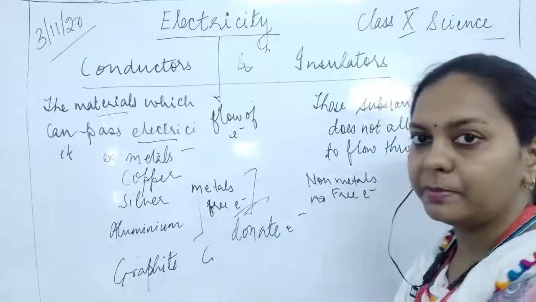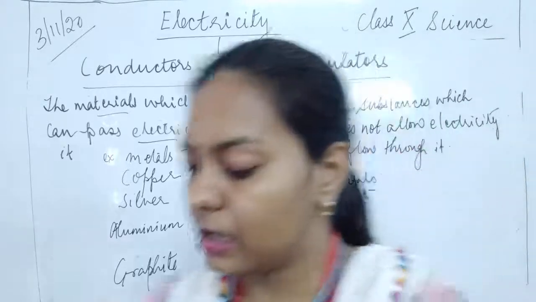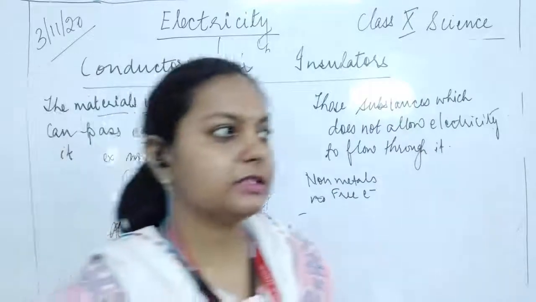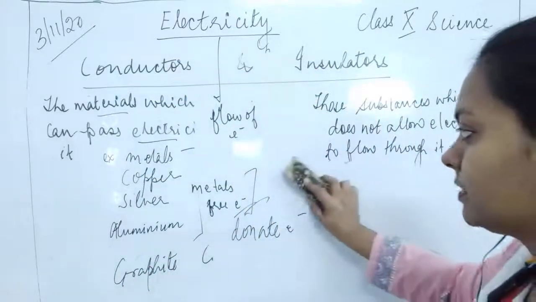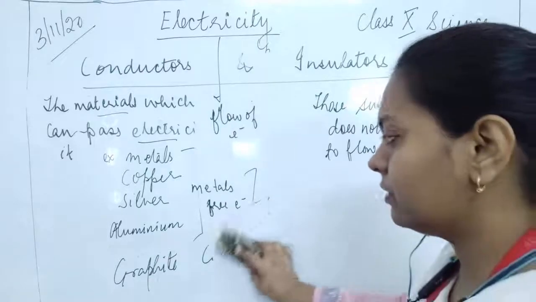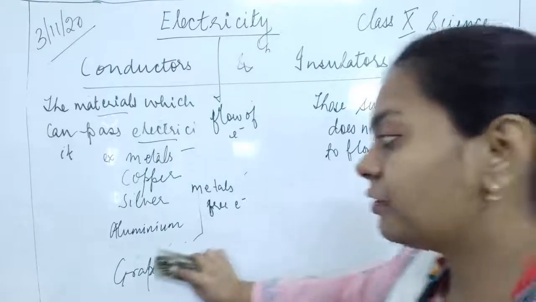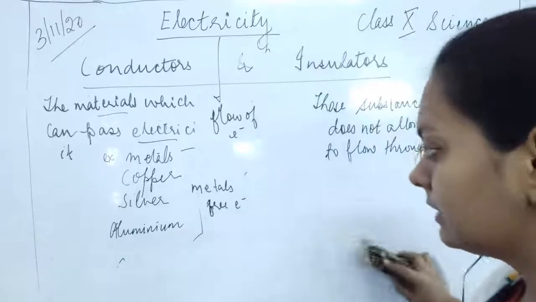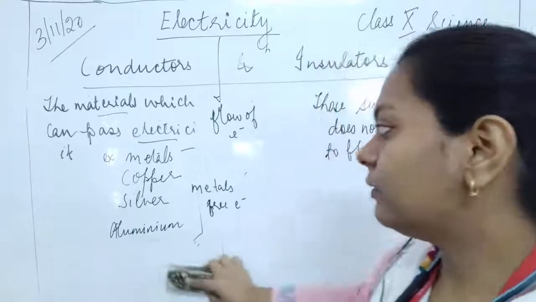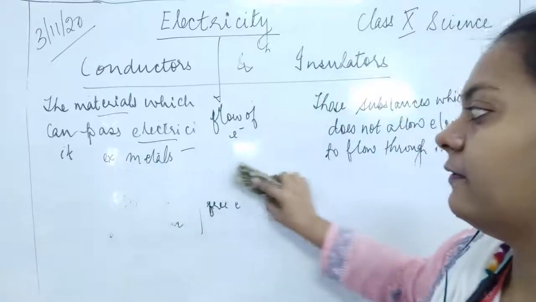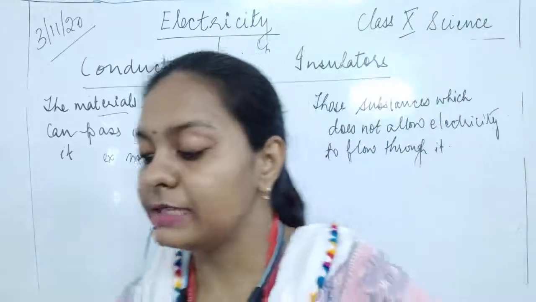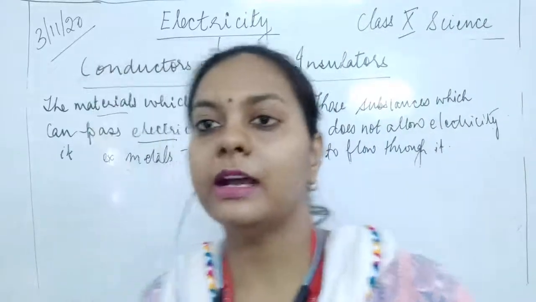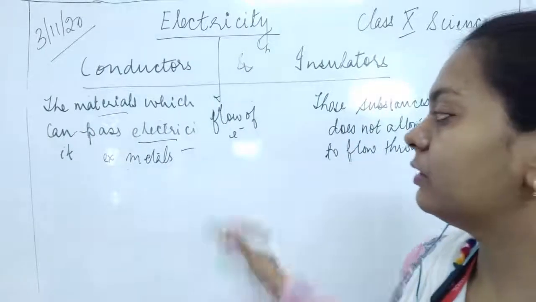थोड़ा सा केमिस्ट्री भी पढ़ना पड़ेगा यहाँ पे, क्योंकि मैंने कहा कि सारे सब्जेक्ट्स आपस में इंटरडिसिप्लिनरी होते हैं, तो वो आपस में जुड़े हुए हैं. अगर आपको केमिस्ट्री समझ में आ रही है तो आप इस तरह से समझो. It is going to be a part of your physics in this chapter. Okay, so here what happens, all these metals have free electrons and they are said to be electron donors, and that is why these free electrons are going to flow in a line.